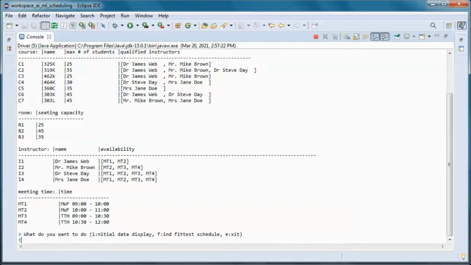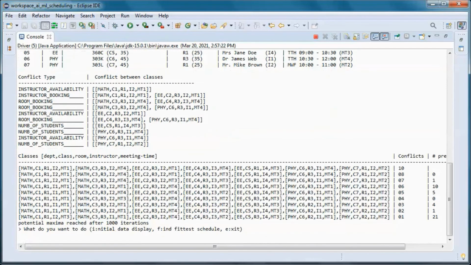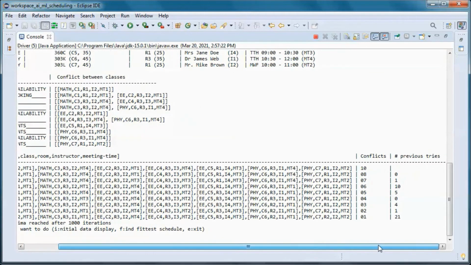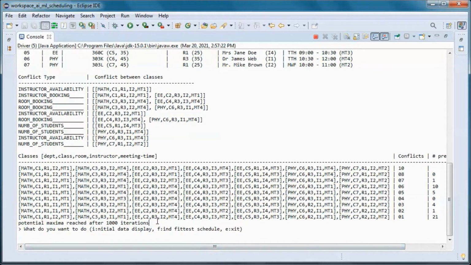So let's try finding the fittest schedule. So we reached a potential maxima. So this schedule had one conflict, and we tried for 1,000 iterations and could not get to a schedule with 0 conflicts.